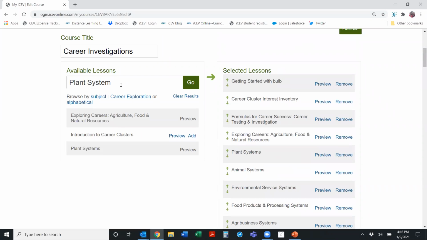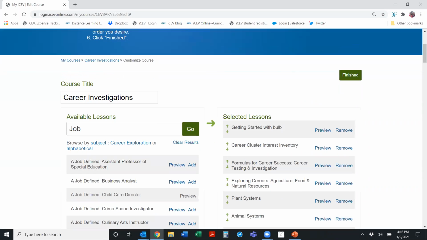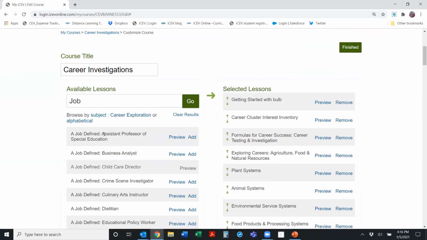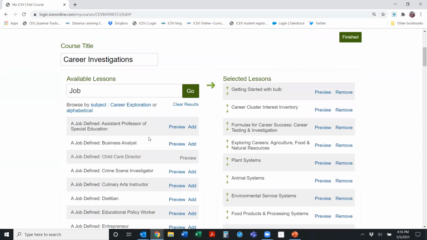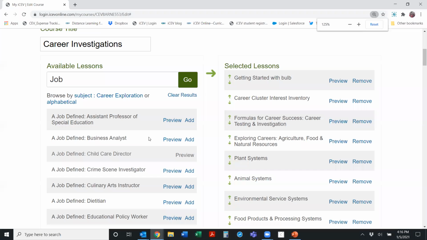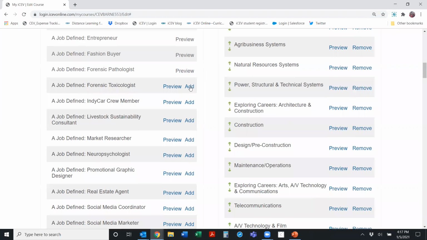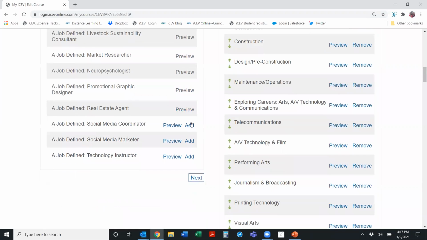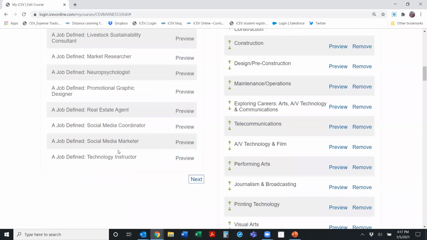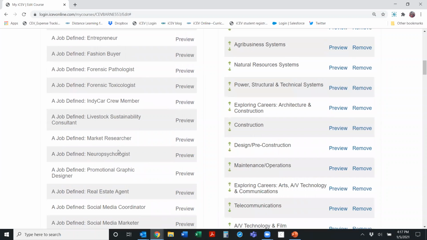Okay. Now, again, over here on the left-hand side, I can search for lessons based on a word, or I can flip page by page and go to those lessons. Now, I had wanted to highlight that these lessons called A Job to Find, that series is amazing. So I'm going to go ahead and add all of those lessons to my content simply because I might not get to them, but I do want those to be available because I think the students would really enjoy them, and it'll help me to make them more aware of some of these jobs that maybe they would not have been aware of in their little circle of the world.